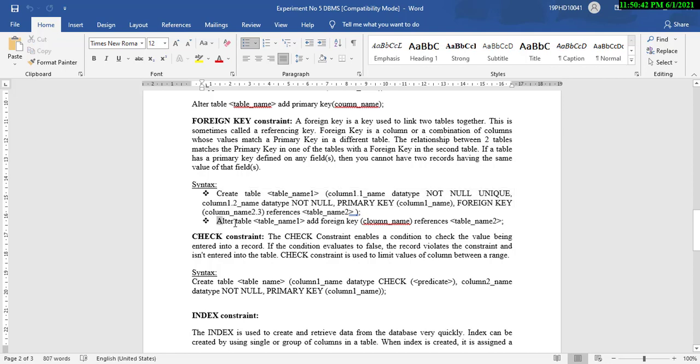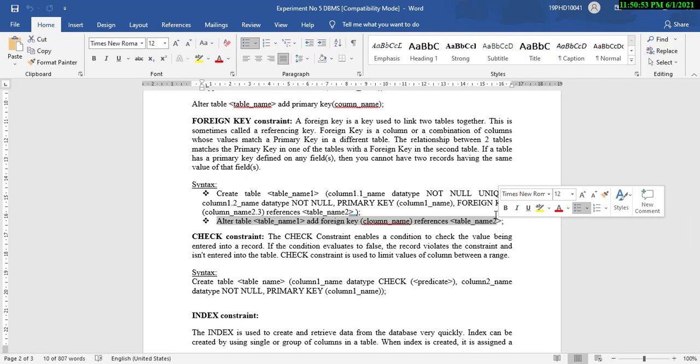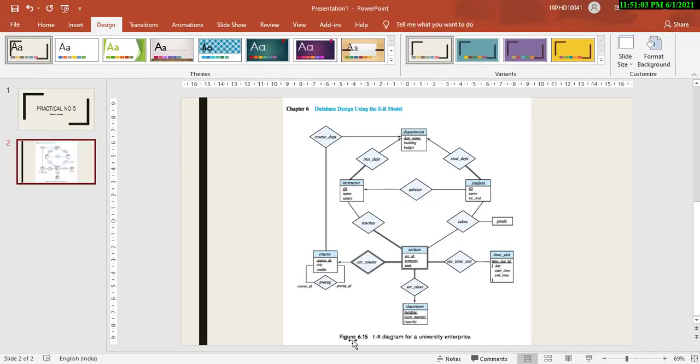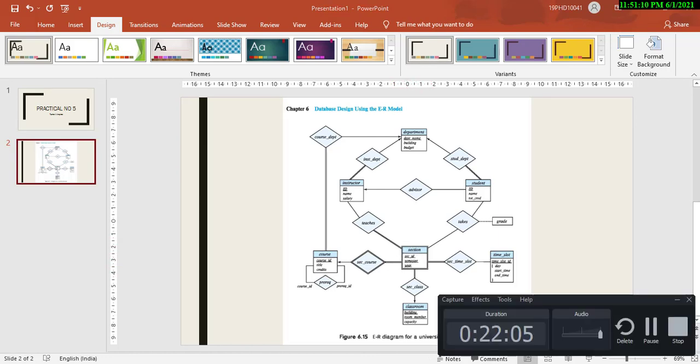But now we are going to use alter table because we have already created the three tables, and on those I have to apply the foreign key. So I am going to use the alter table statement only. So how to use the alter table statement in order to apply the foreign key. Later on also we are going to create one foreign key by using the create table statement, in which I think we can create this section table, and then we can see how the foreign key can be applied.